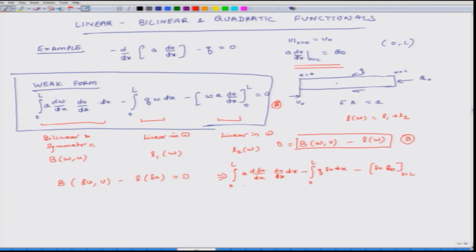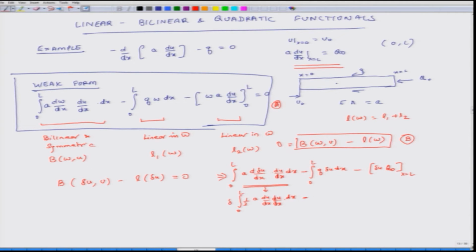Now, this term I can write as variation of the bilinear term. I can express it as this. Agreed? Also here